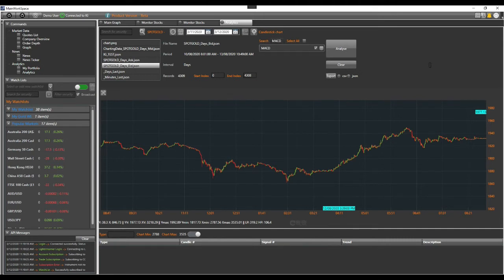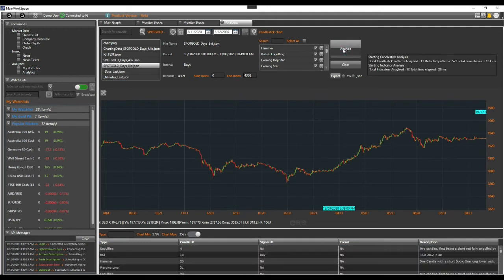For example, the MACD is there, hammer, inverse hammer, etc. And they've all been selected by default. And when you hit the analyze button, it will go through all the patterns in here that are selected, and it will tell you that it has analyzed 11 candlestick patterns and 12 indicators within 123 milliseconds and 30 milliseconds, and